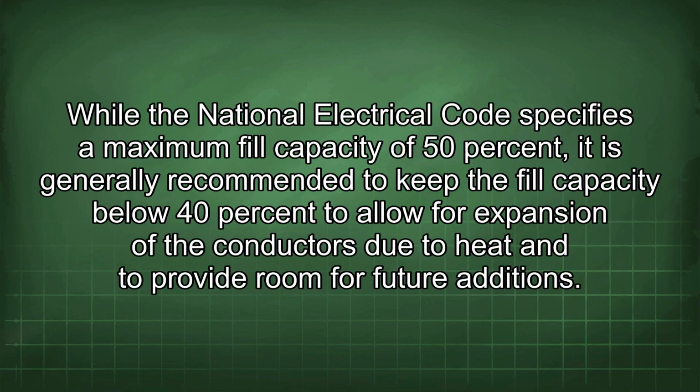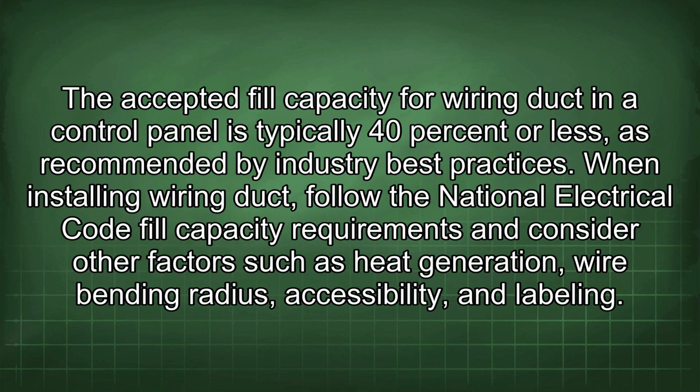While the National Electrical Code specifies a maximum fill capacity of 50%, it is generally recommended to keep the fill capacity below 40% to allow for expansion of the conductors due to heat and to provide room for future additions. The accepted fill capacity for wiring duct in a control panel is typically 40% or less, as recommended by industry